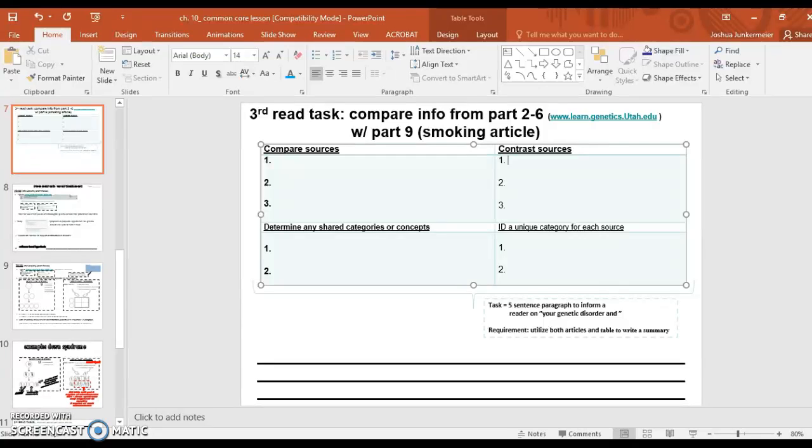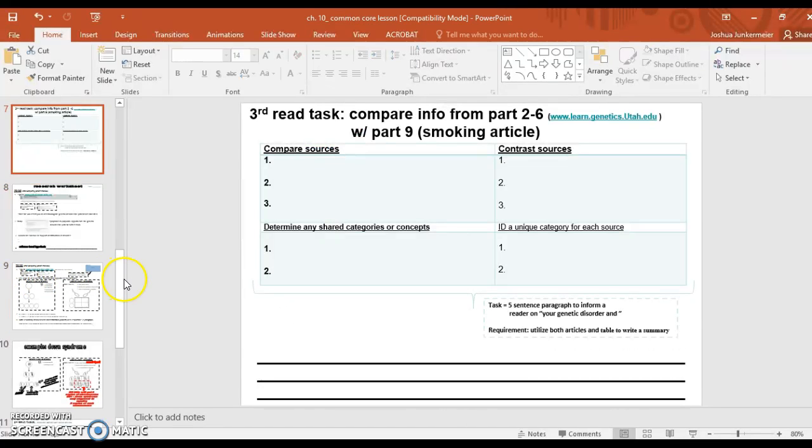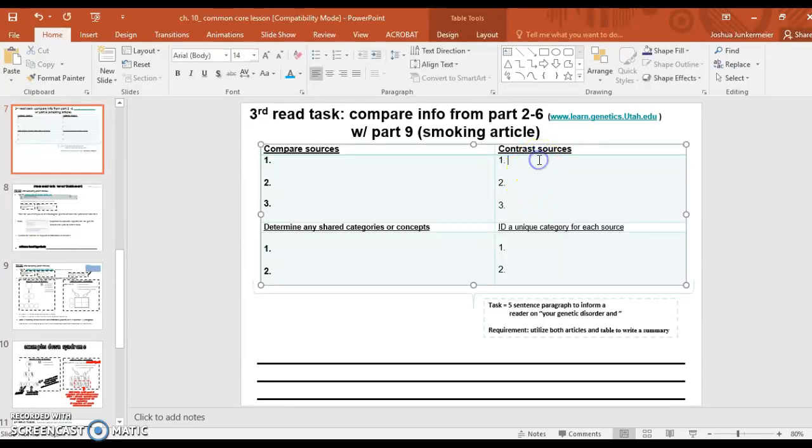Both the article and your own research about the chromosome on Learn Genetics, they both provide you with good information that are different. You need to share that here. What does the article give? Right. So you could say article discussed blank. And then you could say part 2 through 6, research,